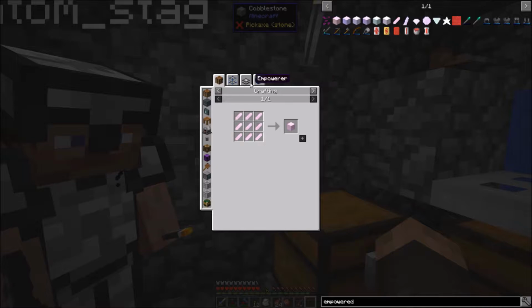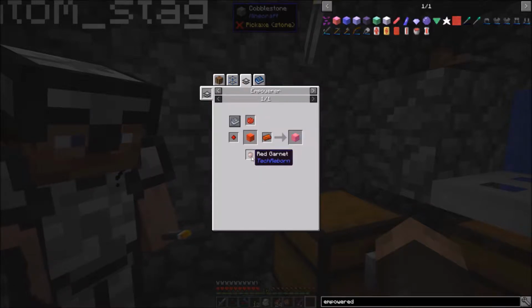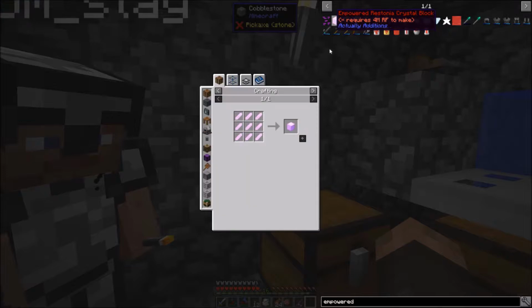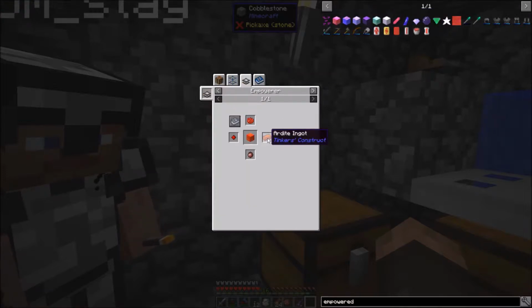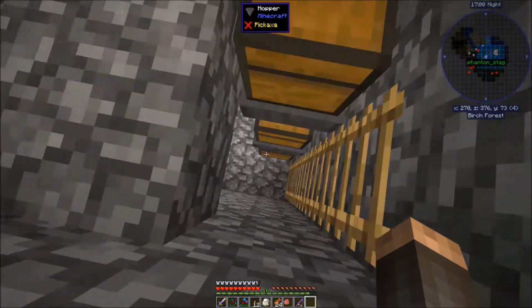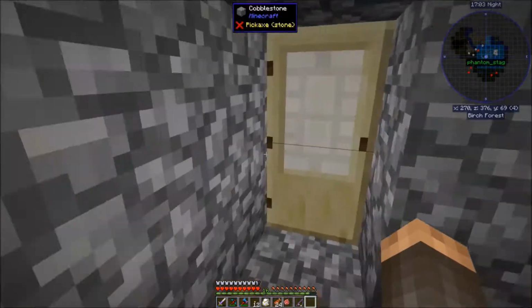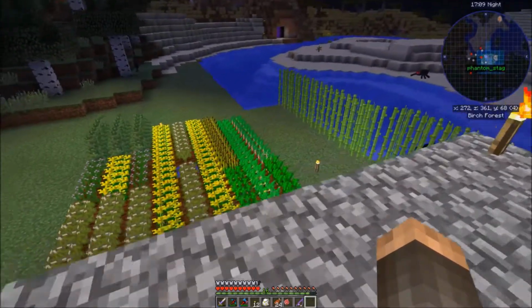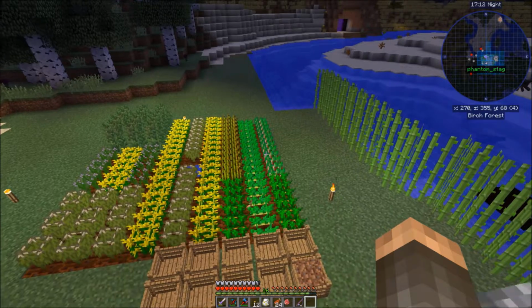The empowered Restonia crystals use rose red, ardite, red garnet, and resonating redstone crystal, which is why we've been mining so much. We get the red garnet, resonating, and in the, oh wow, I just had a brain fart. It's in the ruby ore. The ardite, it's in the nether. There we go. The ardite's in the nether, and the rose red, if we come down here, if I can get down the ladder, over here on our farm, right there, we have some,